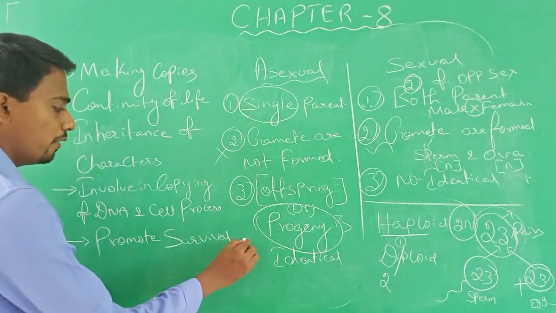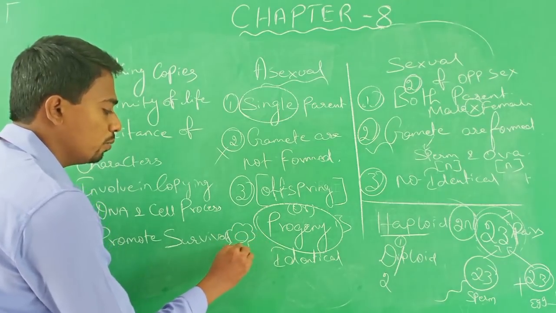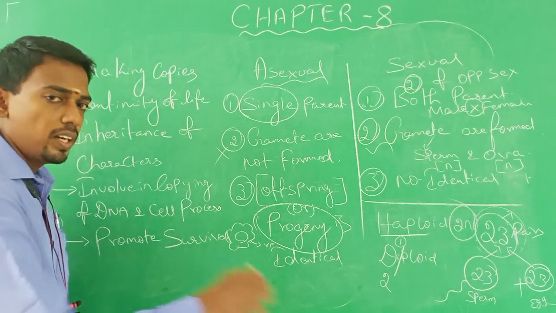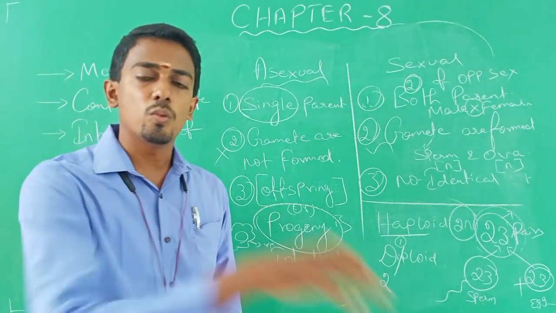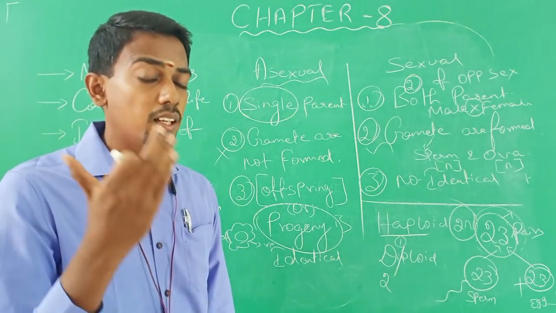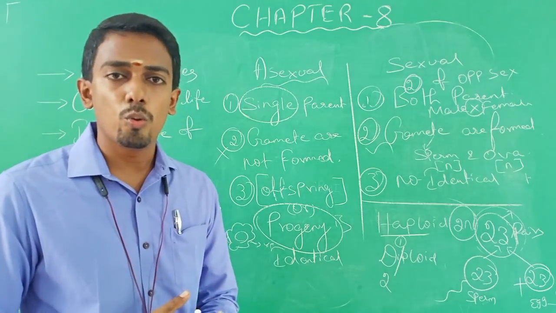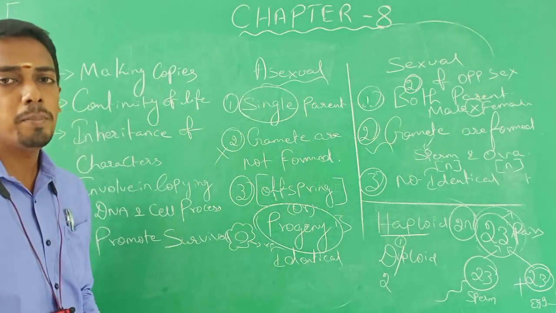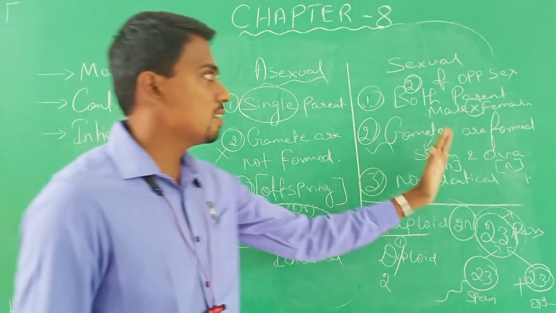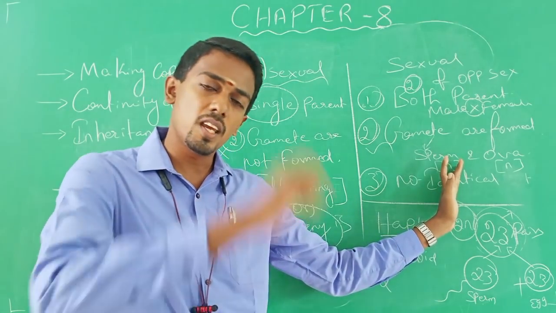Just now I told you, when you take a flower that blooms in yellow color, if you take many cuttings of the plant and plant them, what color of flower can you expect from that baby plant you raised? Obviously it is yellow. Why? Because here only one parent is involved. But in case of sexual reproduction, if the same rose plant is going to do sexual reproduction by getting pollen grain from a red color rose flower,